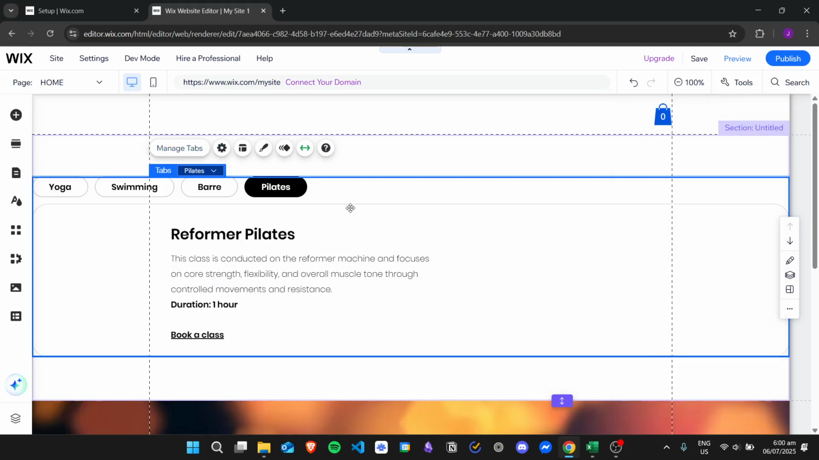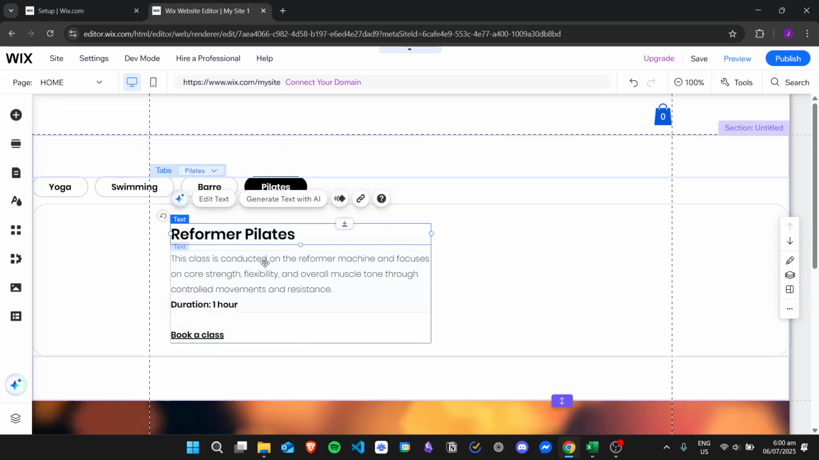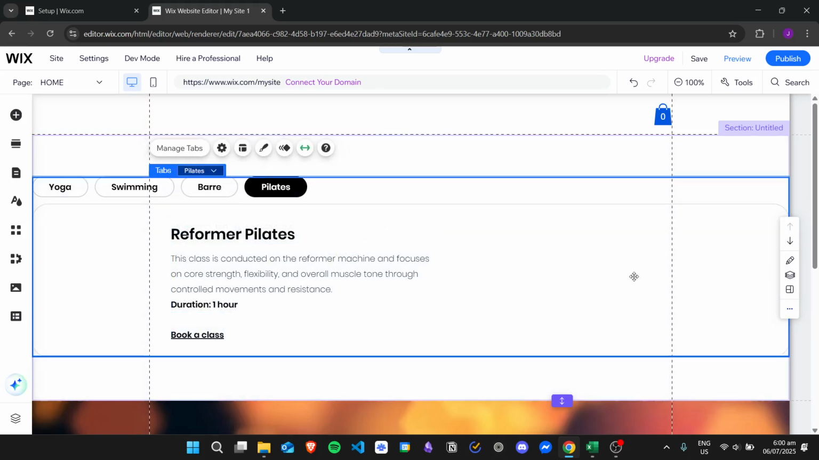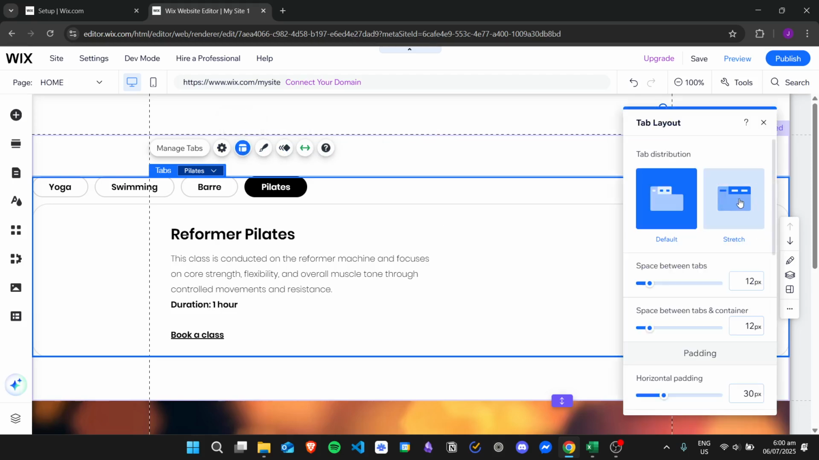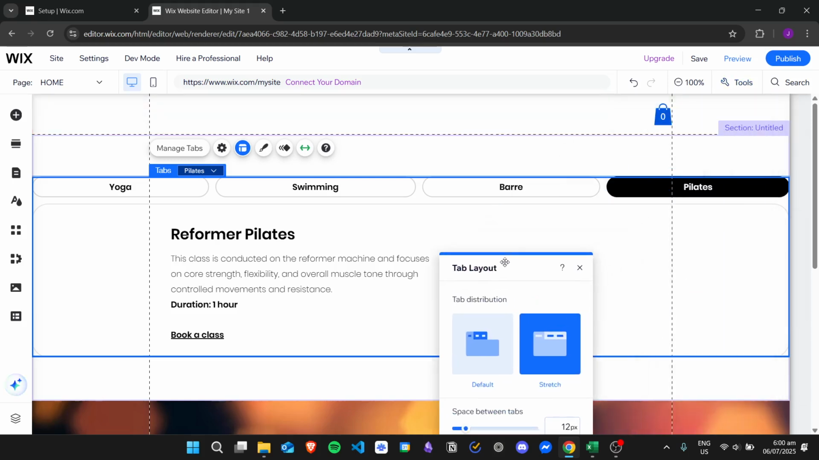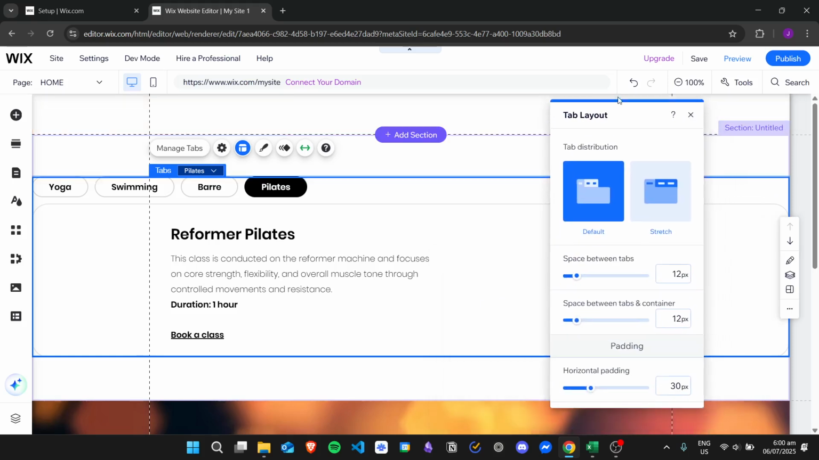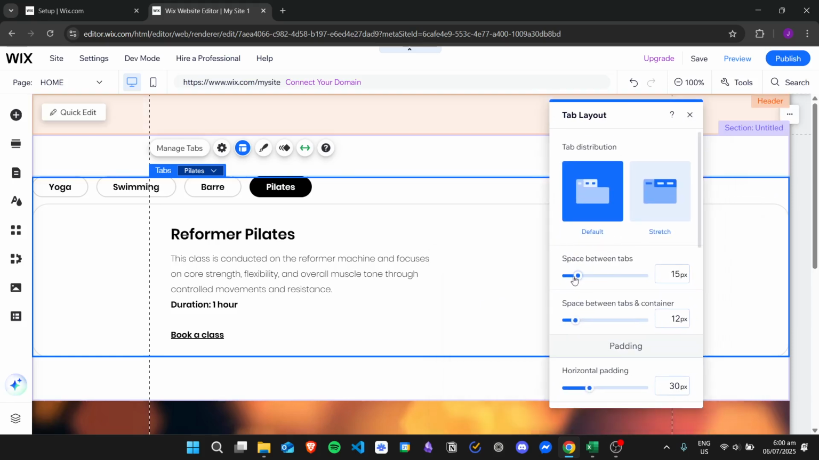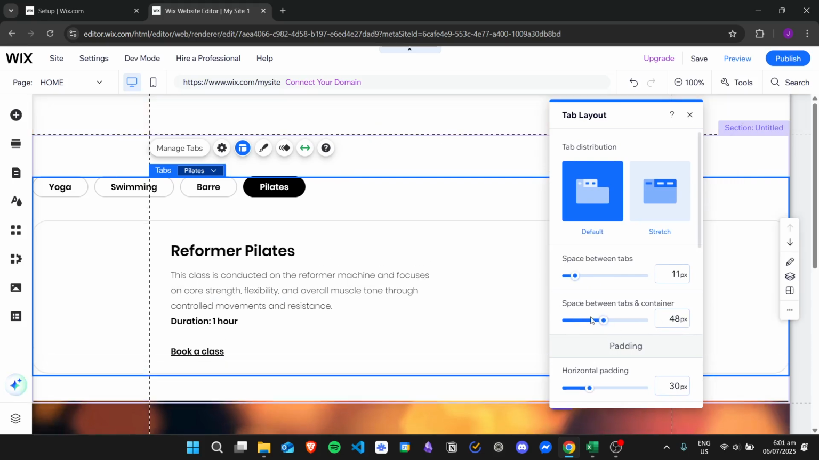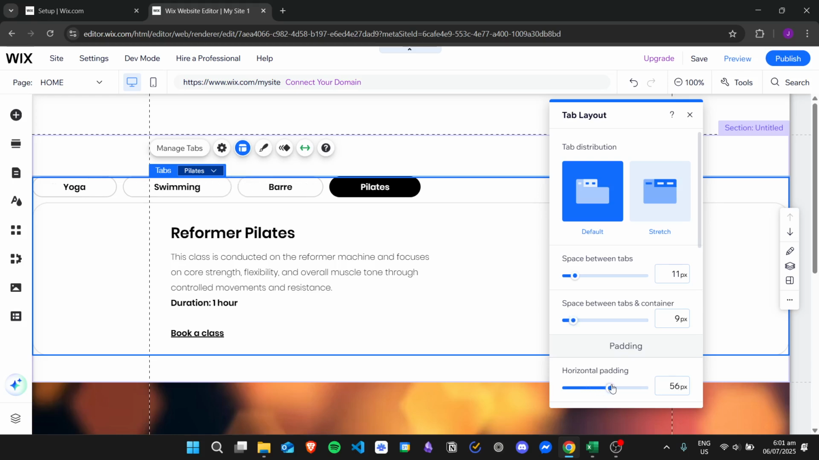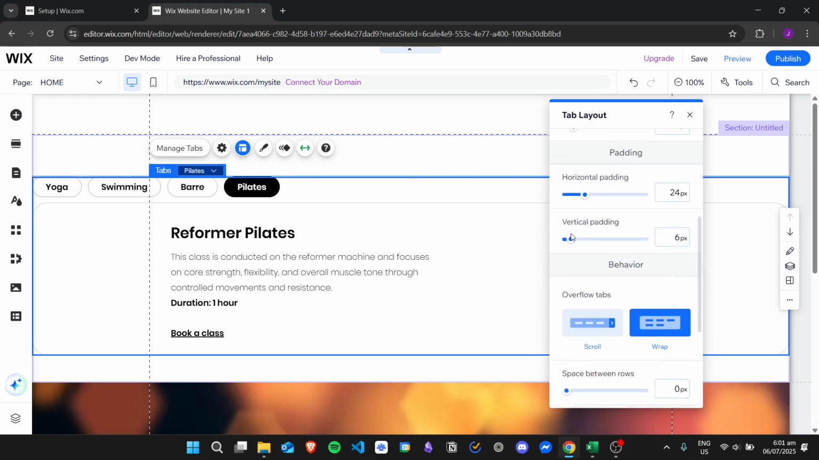If you want to edit the look of your tabs, you can either edit them one by one by clicking on them and using their customization tools, but you can also do it from here. For example, if you want to change the layout, you can use the stretch layout so that your tabs are stretched across the screen, or the default layout. You can also change other things like the spacing between the tabs, the space between the tabs and the container, the horizontal padding, the vertical padding,